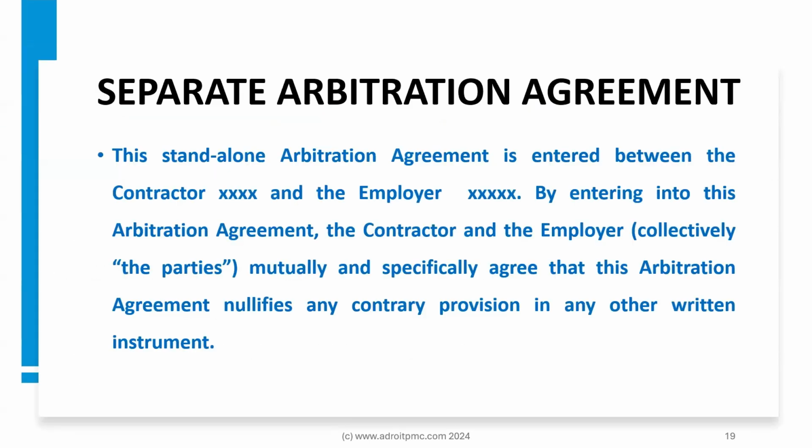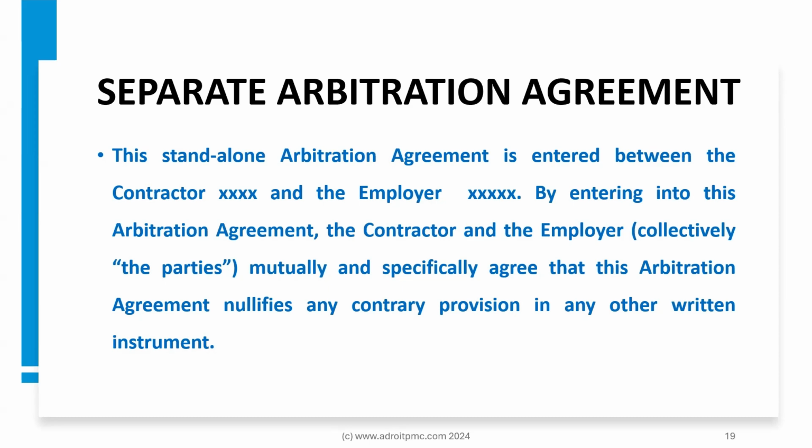Next is separate and standalone arbitration agreement. This is the actual arbitration separate standalone agreement. Consider that you have executed a contract. In that, the contract does not speak on dispute resolution. So after arisal of dispute, the parties are mutually willing to resolve it and adjudicate their dispute through arbitration. So in that scenario, the parties can sit together and draft and execute the arbitration agreement. So that standalone arbitration agreement shall have the following terms. So let me read that out.